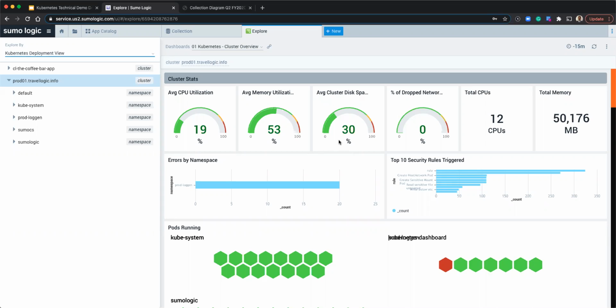How do we support multi-tenant and multi-cluster observability use cases? So in this particular demo, I had one demo cluster. I had this prod01 travellogic.info cluster, and you can also see the other clusters being shown over here. So if you have multiple clusters like dev cluster, prod, etc., then you can bring in all your cluster data into Sumo Logic. With respect to multi-cloud deployments,